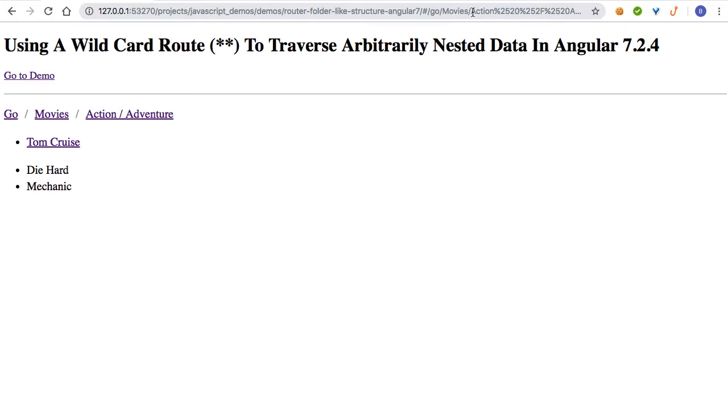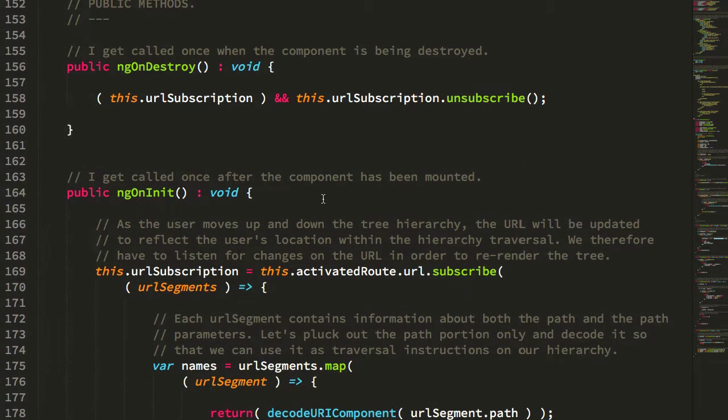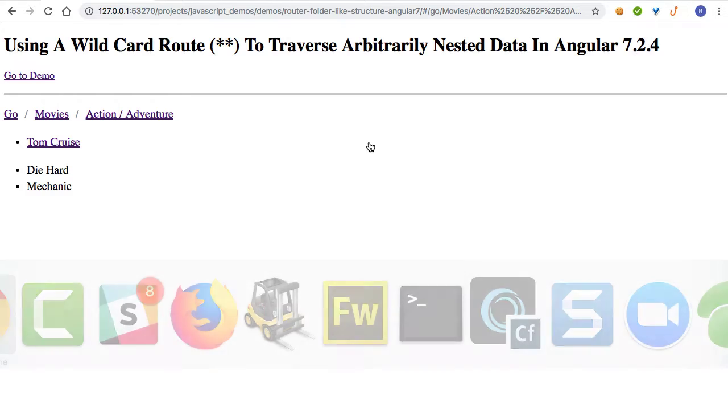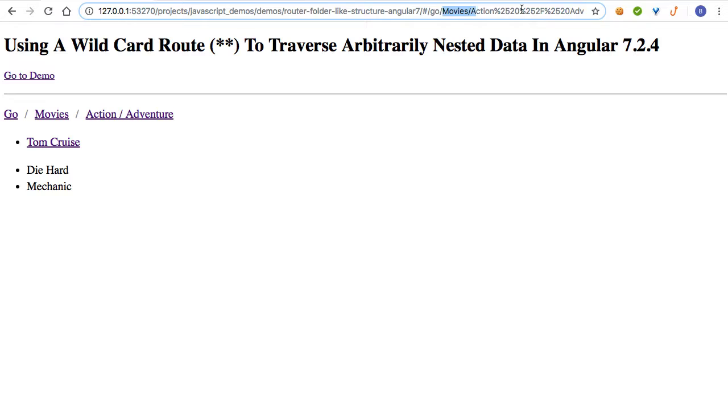It's actually encoded as part of a single segment within the URL. But ultimately what we want to do is look at the ngOnInit, where we see that we take the activated route, the URL, and we subscribe to changes in that URL. Now that URL is essentially going to represent all of the segments after Go, which is the root of our wildcard. So every time anything below Go changes, we're going to get that URL event triggered, and then we're going